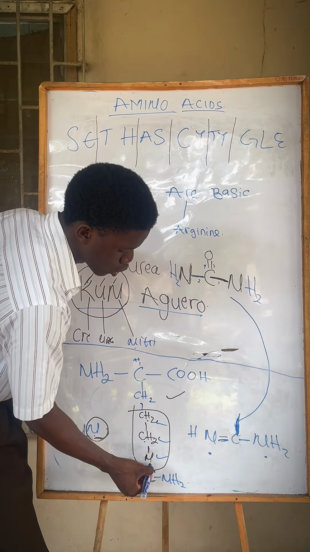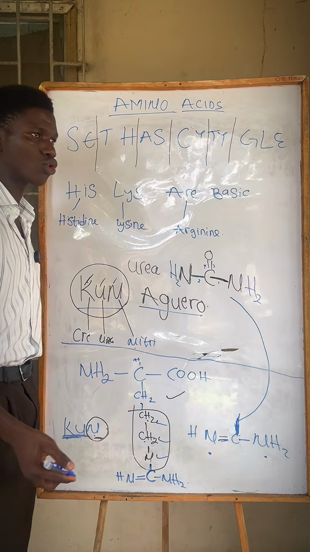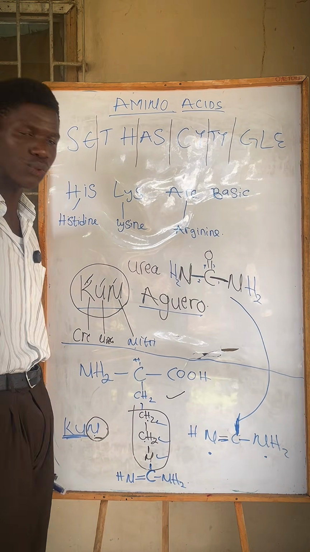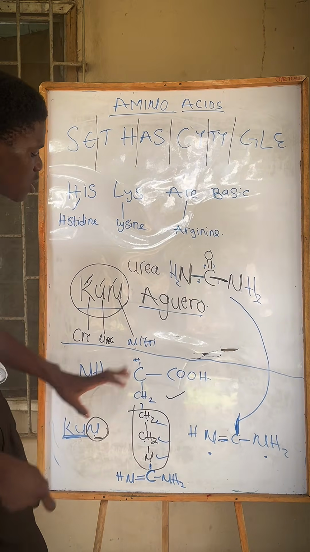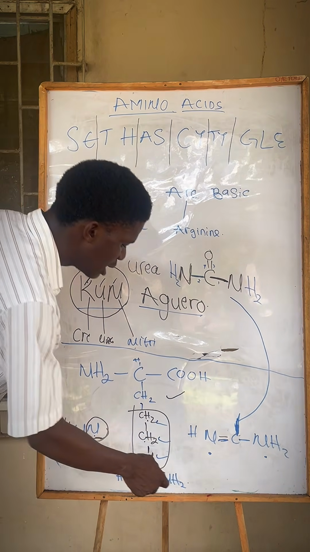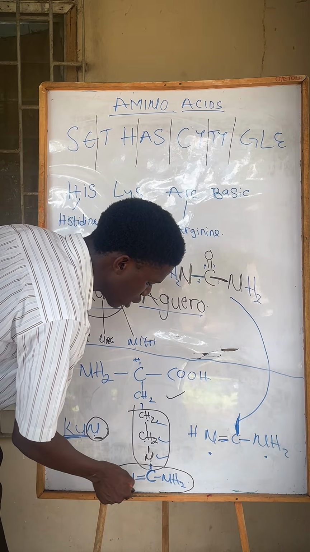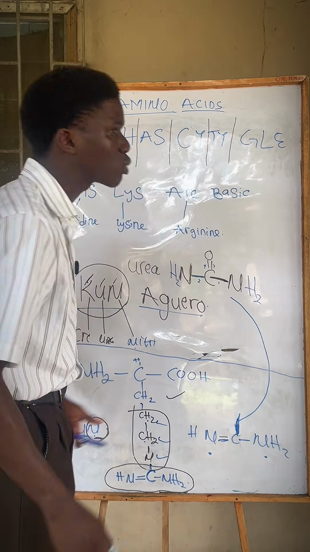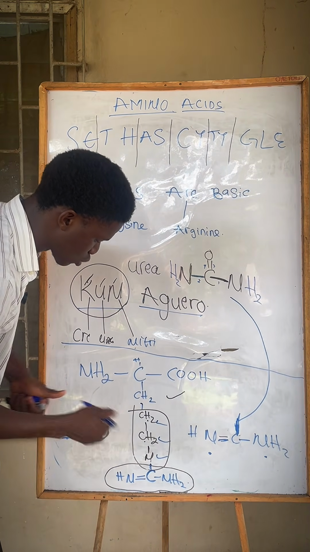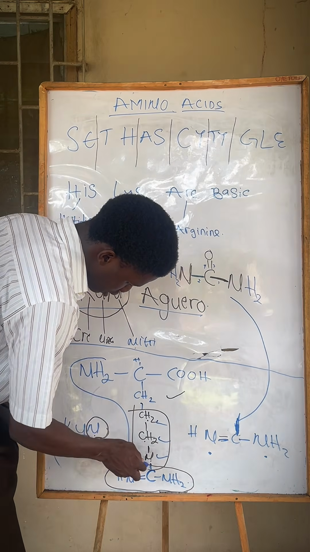After that, just bring this guy here, the one bond that remains, and attach it to the last letter of your cone, which is your nitrogen. So you will get the structure of your arginine. Now what I have to tell you here is that this is the structure of our arginine. But if I remove this lower part, the last part I added, which was our urea part, then this guy that ends with cone, the one I'm circling here,